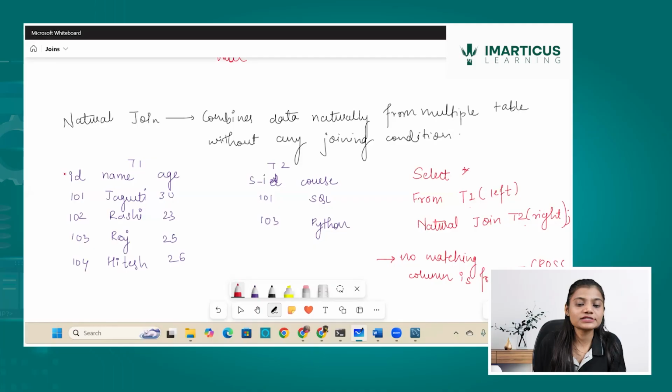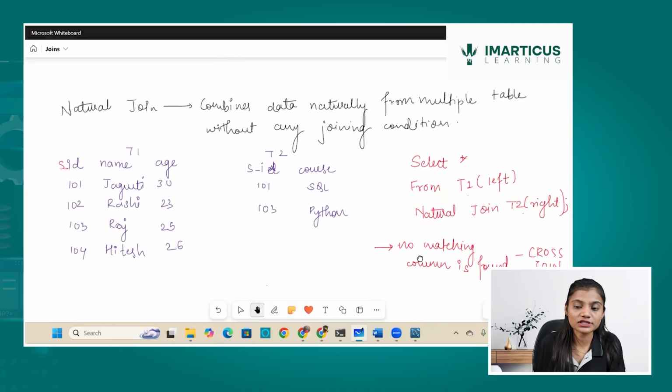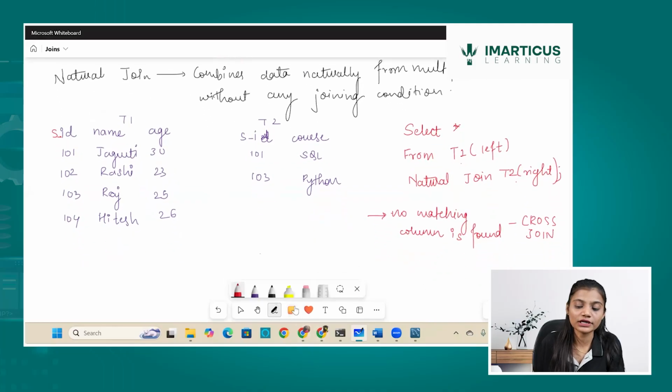But let's say instead of ID, it was a student ID. It saw that yes, there is a match between them. Now it's just a rough scenario that instead of ID, it was a student ID. Then a matching column is found. And now this matching is not only with respect to the name, but the values within should also be matching.